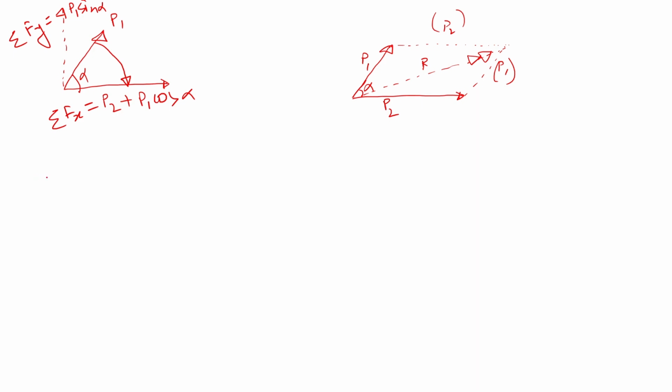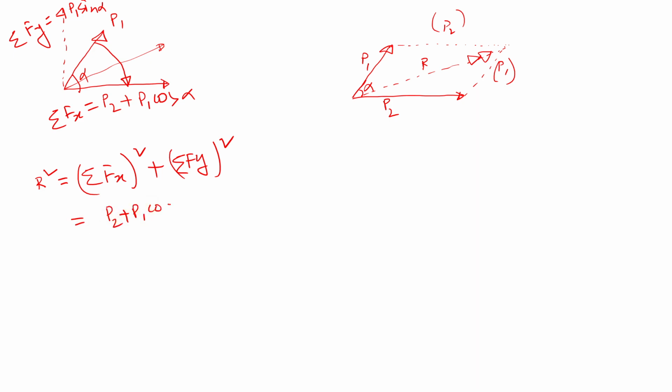So we can use the Pythagorean formula to calculate the resultant, which is basically R squared. The resultant would be the summation of forces along the x direction whole square plus the summation of forces in the y direction whole square. So from there we can calculate the resultant. Now Fx is P2 plus P1 cosine alpha, whole square, plus the y direction force, P1 sine alpha, whole